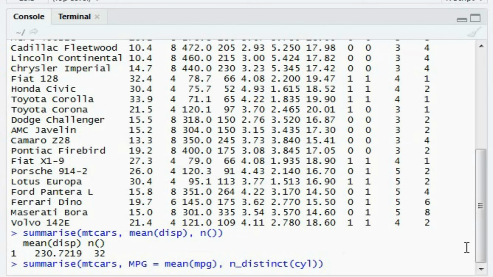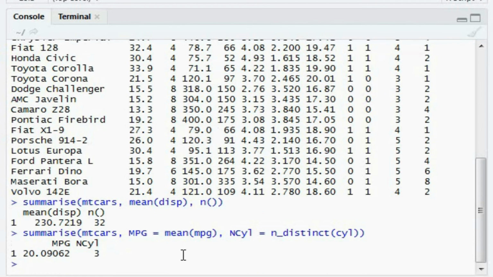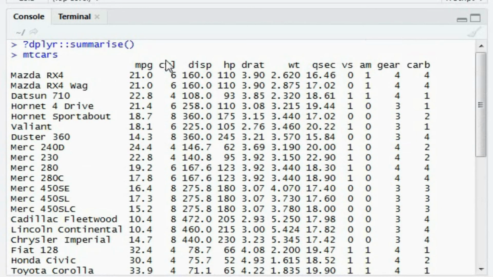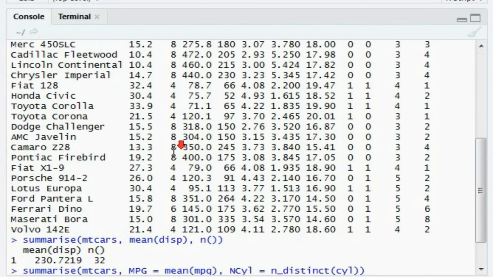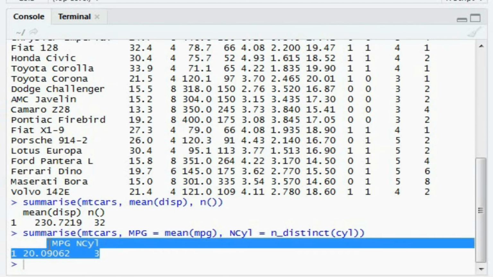I'll assign it to a column name, say ncyl. So the result will give me the column names. You can see the mpg column has the mpg mean and the ncyl has the unique values the cylinder has. You can also see the cylinder only has 6, 4 and 8, only 3 values. So this is correct.